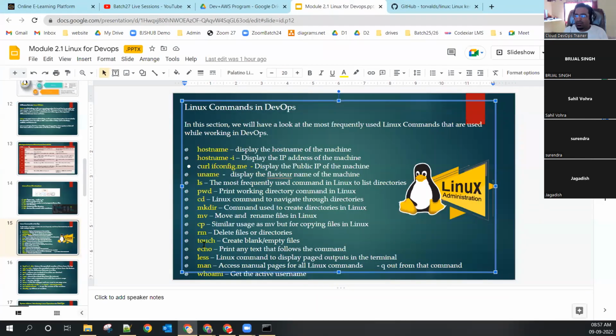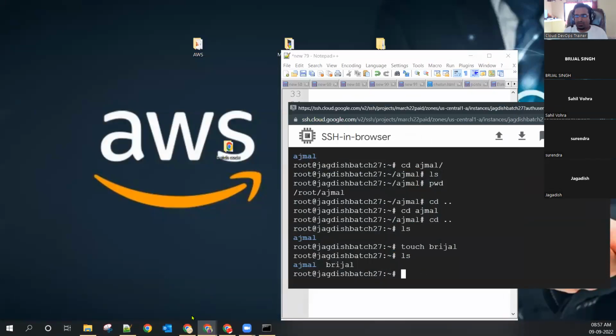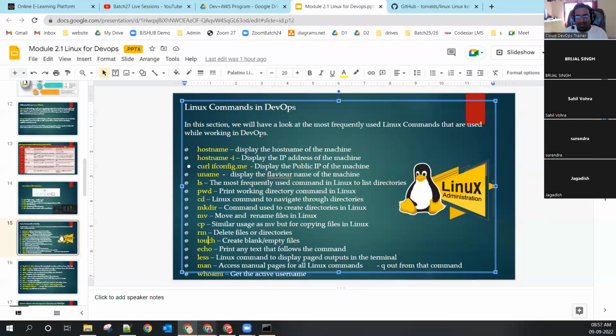Okay, touch, I created it. But you know, with the help of the touch command, I created an empty file. I want to write to it. I want to read that file. How can I do it? Any idea? Using the cat command. Can you repeat it? Cat command. Yes. Okay, chalo, let's run the cat command.